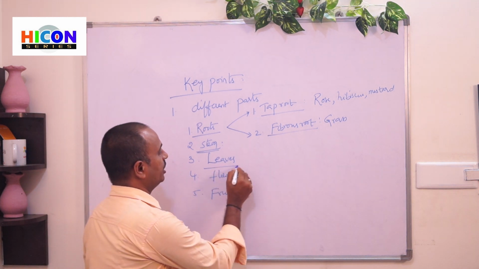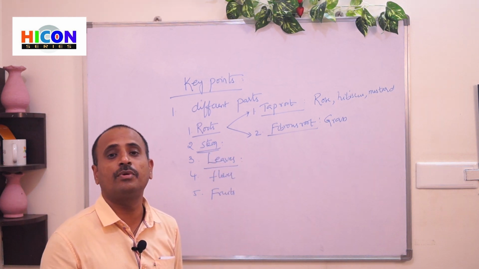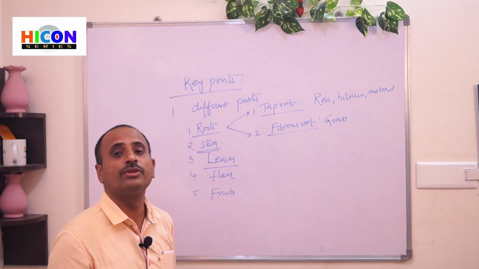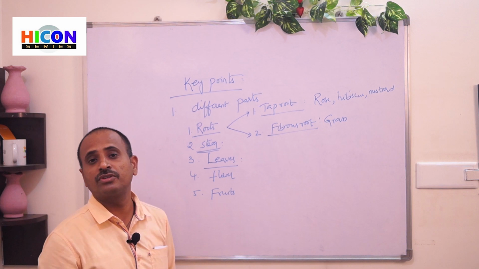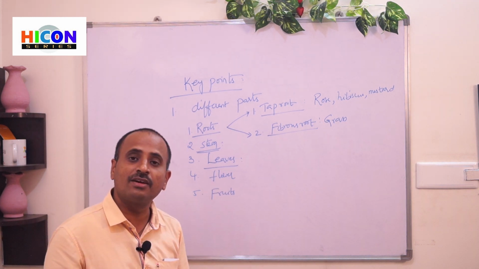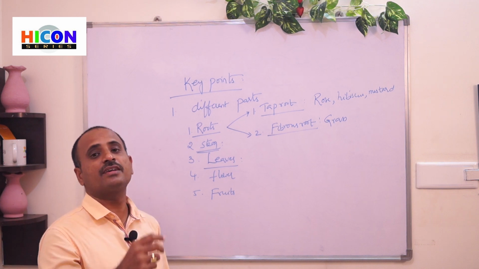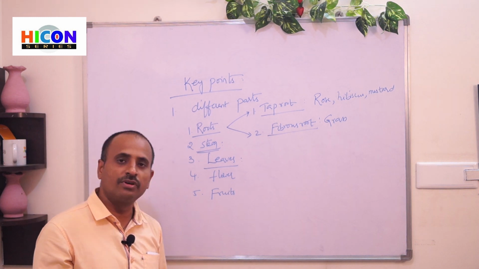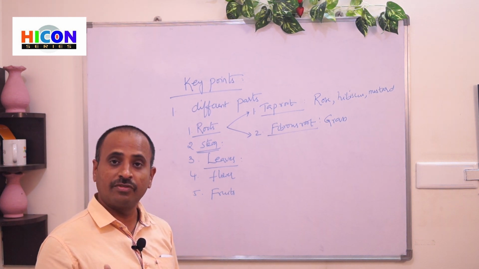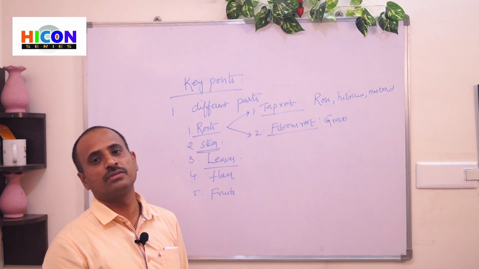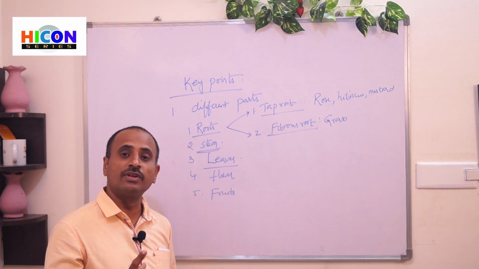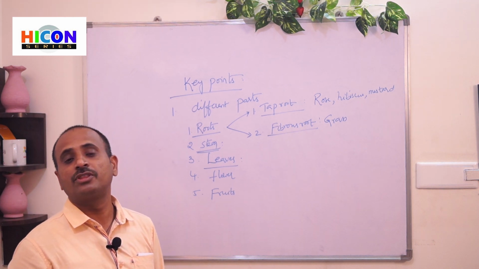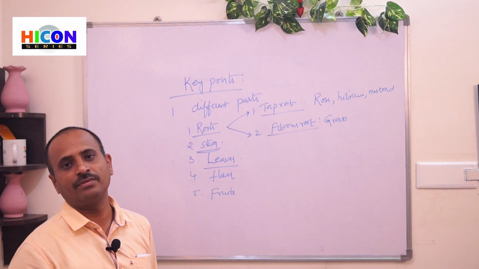And another one is leaves. The leaf is the most important part in the plant because it prepares food for the plant. How do they prepare food? By the process of photosynthesis. So what is photosynthesis? The leaves mix the water and minerals with carbon dioxide present in the atmosphere, and in the presence of sunlight the leaves prepare food. That food is a type of sugar called glucose. And in photosynthesis the leaves give off oxygen, which is very useful to all living beings, without which they cannot survive.